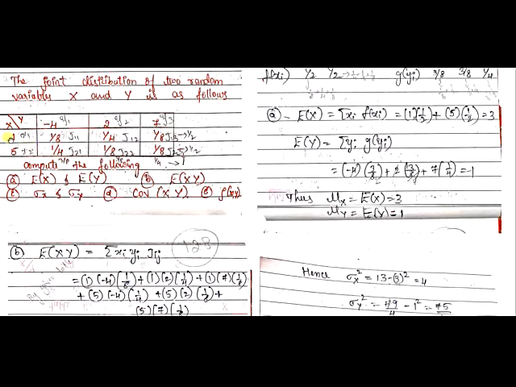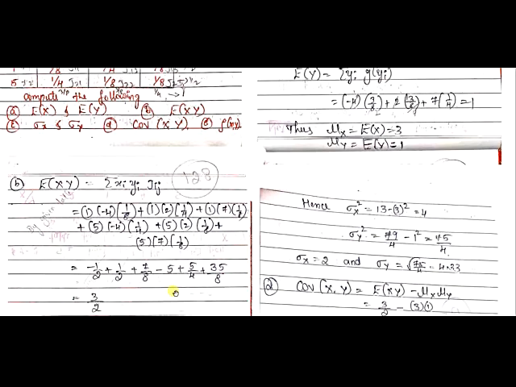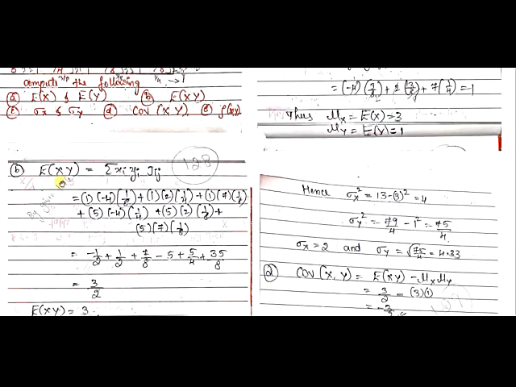Xi is here itself, you can see xi is 1 for the first element. So it is 1 into minus 4 into 1 by 8. In a circular motion, you can take this: 1 into minus 4 into 1 by 8 plus 1 into 2 into 1 by 4 plus 1 into 7 into 1 by 8 plus 5 into minus 4 into 1 by 4 plus 5 into 2 into 1 by 8 plus 5 into 7 into 1 by 8. That's all. I hope you understood this. Now when you simplify this, you will get 3 by 2. This is your expectation of xy.